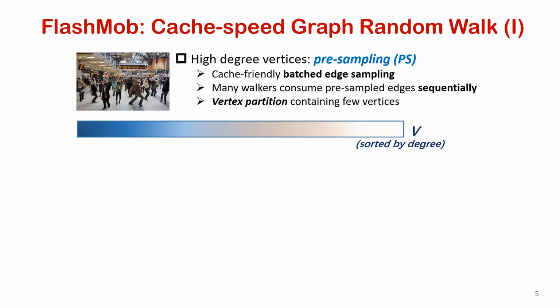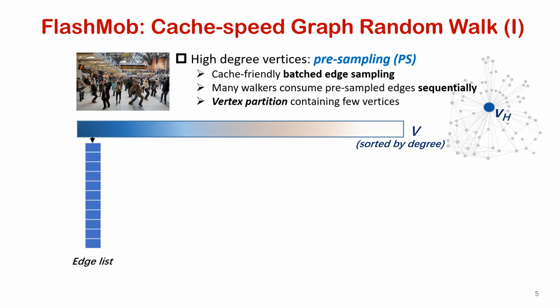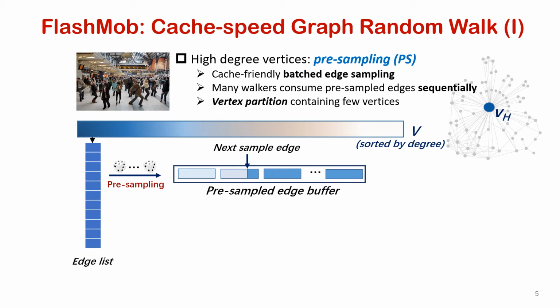For the high-degree vertices, which host the majority of workers, many strangers would happen to be on the same node, and we optimize by batching and pre-sampling, PS. Rather than having each worker independently draw one edge at a time, we pre-sample many edges in advance to prepare for the large crowd. For example, this high-degree vertex V has a long edge list, and during pre-sampling, we throw a dice thousands of times, saving sampled edges in a pre-sampled edge buffer, which will be consumed sequentially